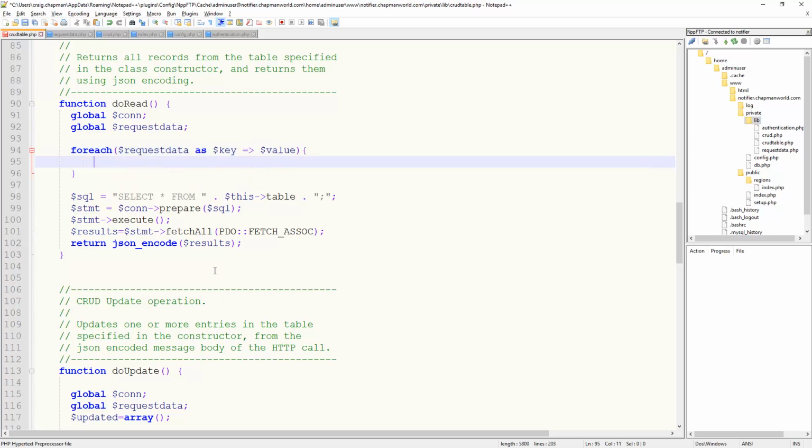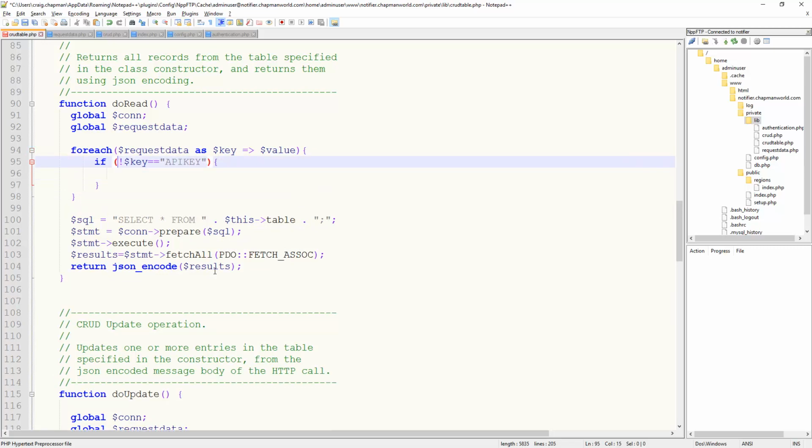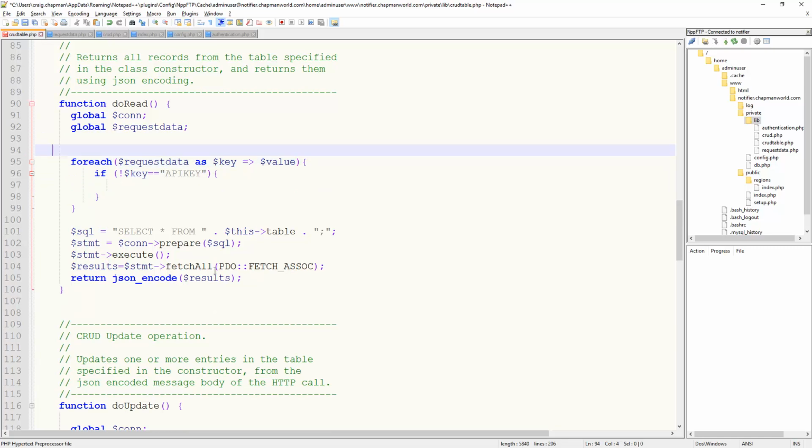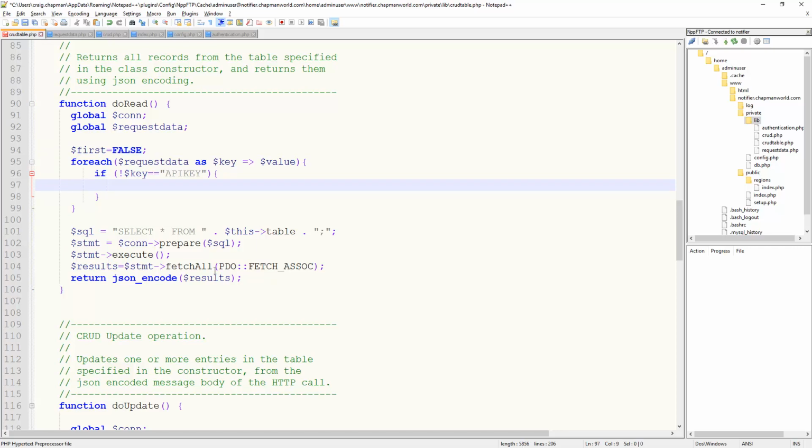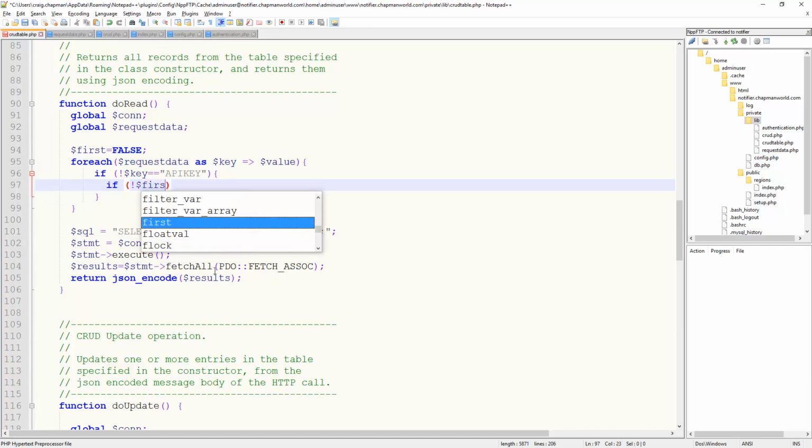Okay, so we definitely don't want to interfere with the API key. So what we'll do is we'll say if key API key. In fact, we're going to say if not API key. And then we can work with the values that we're getting. Now I'm going to put in a control variable again, as we've done before. And we'll say that the control variable first equals false. And so we'll say if not first,